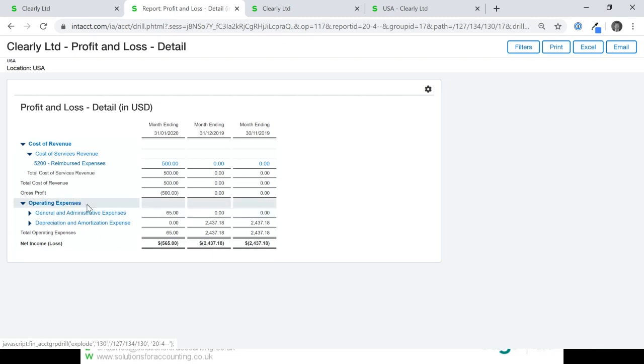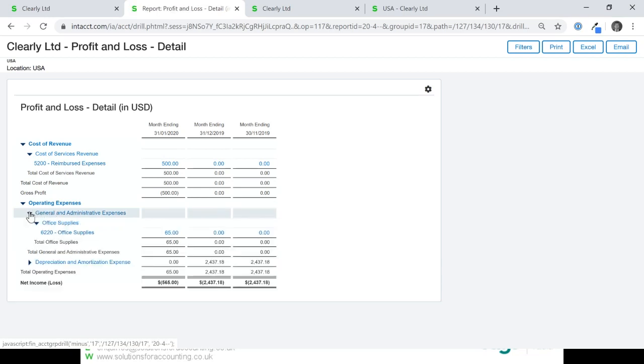So again, these groupings are all based around those dimensions. So, for example, this category here, general administrative expense, what you're effectively saying is show me everything which is in the office supplies category. And in this case, there's only one nominal code in there, but there could be several nominal codes in there. And you're just saying roll it all up and summarise it in one for me.